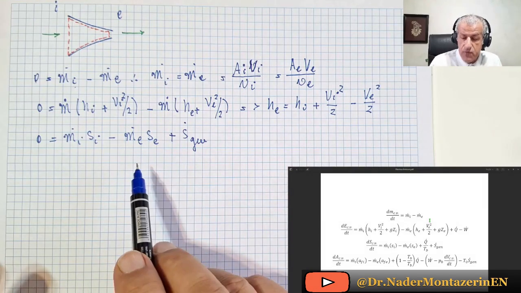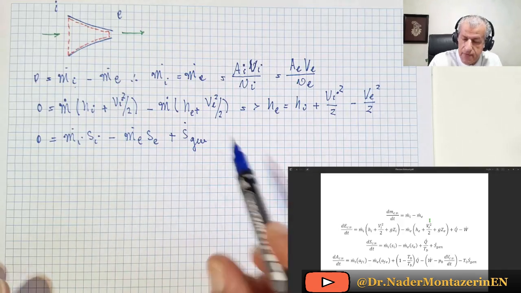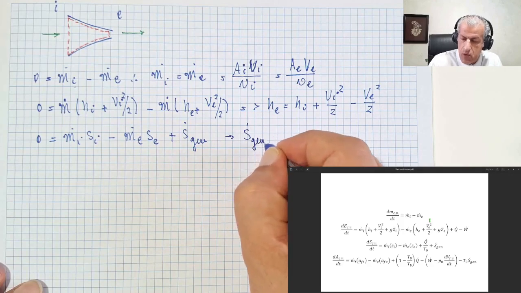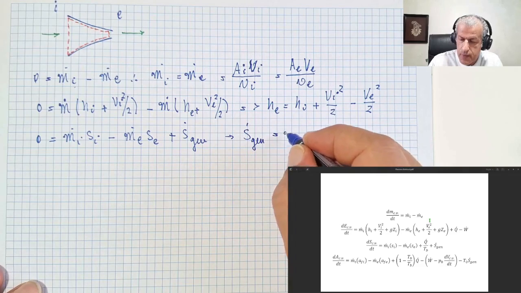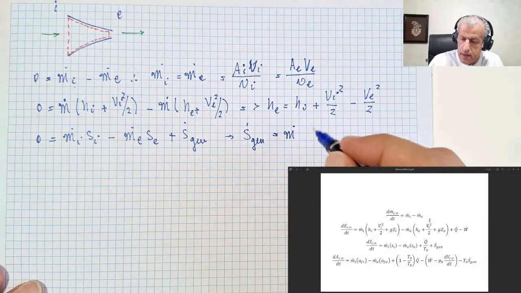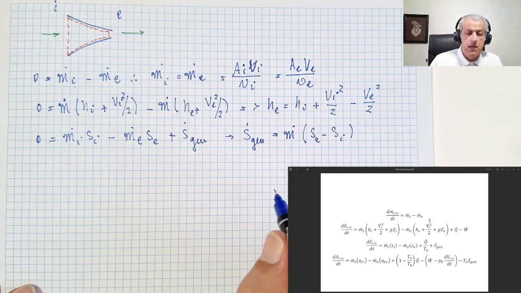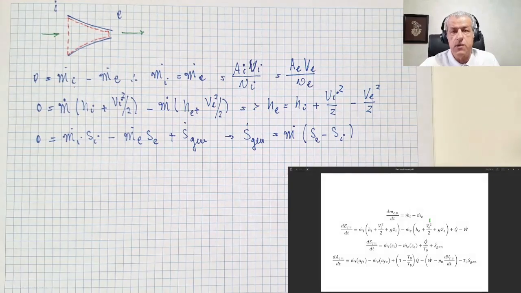And here, these two terms are known, and therefore S dot gen would equal m dot times s_e minus s_i. And all terms are known. The left-hand side is possible to calculate, which I shall do in the next